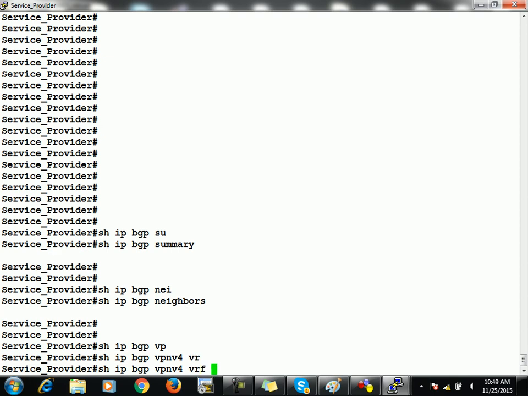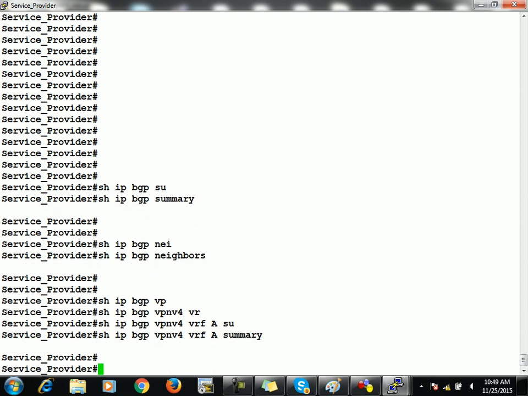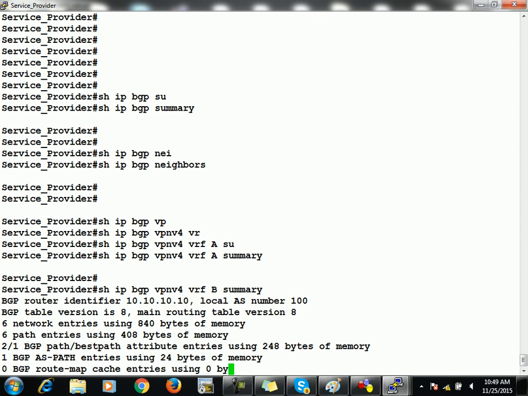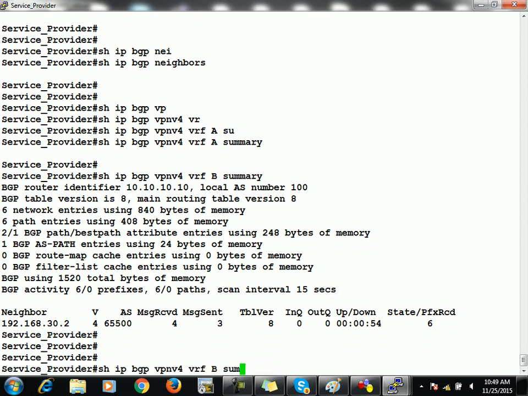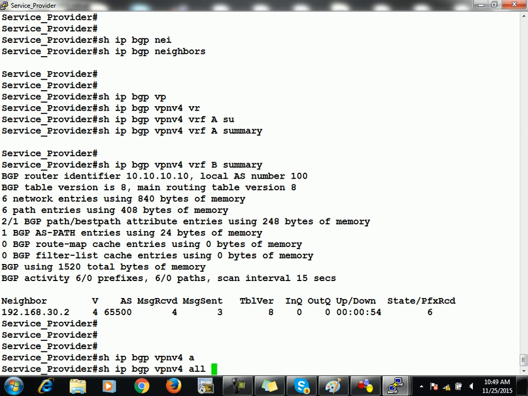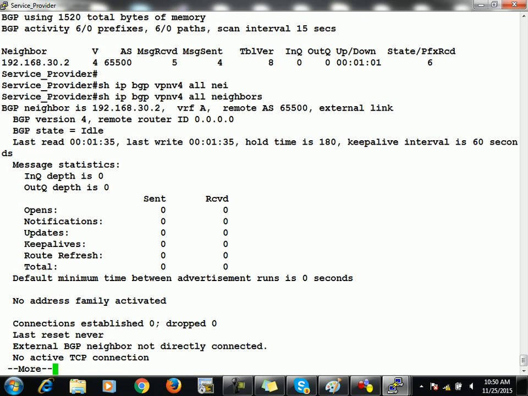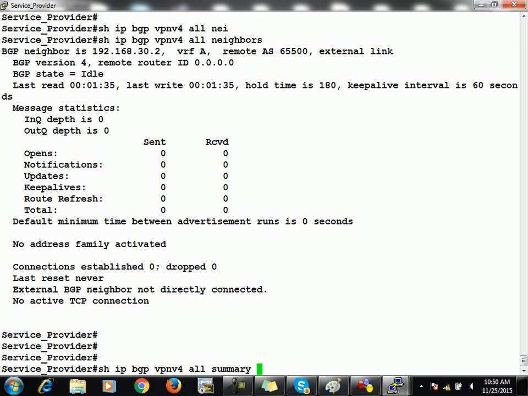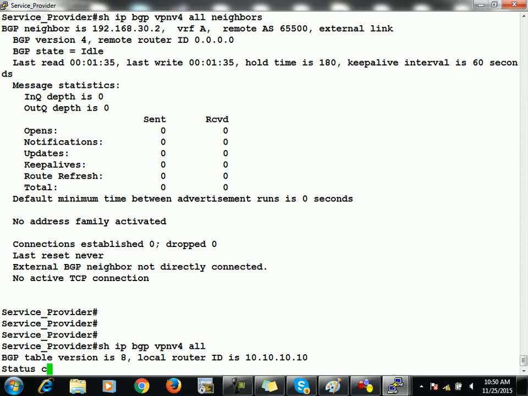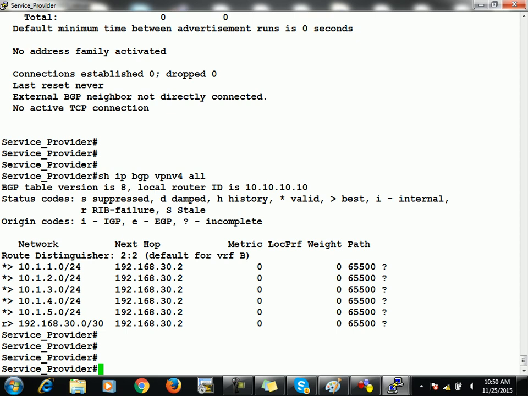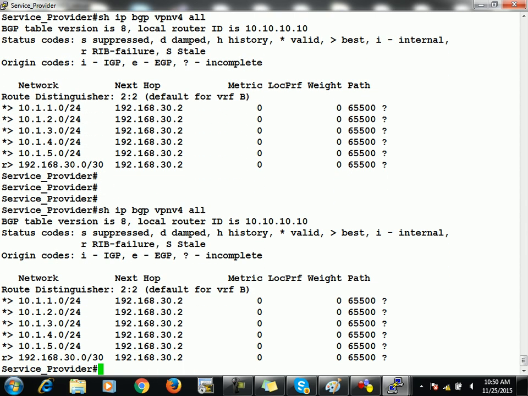if you remember your VRF name, then mention VRF and the VRF name. Let's say it is A, and then say summary. Does it have anything? Sorry, but for VRF B, yes, it has. And if you don't remember your VRF name, after VPNv4, say all for all VRFs, and then say summary. Similarly neighbor, similarly all, enter. BGP tables. It will show you the BGP table. So this is the BGP table, right? It received it from